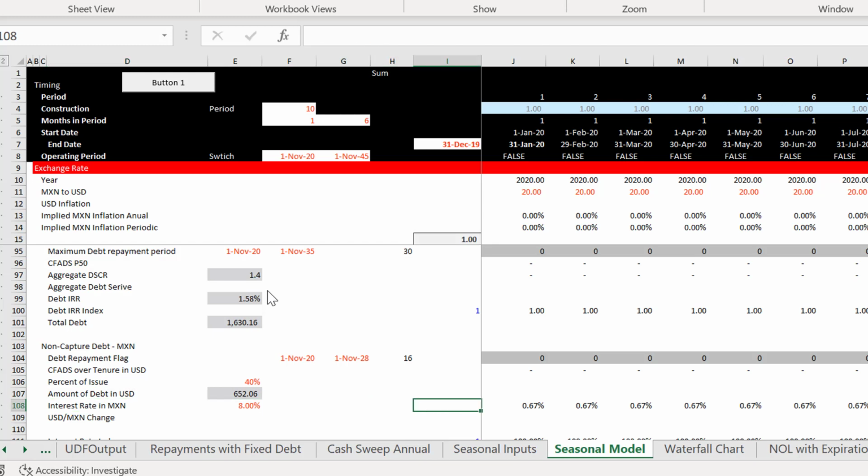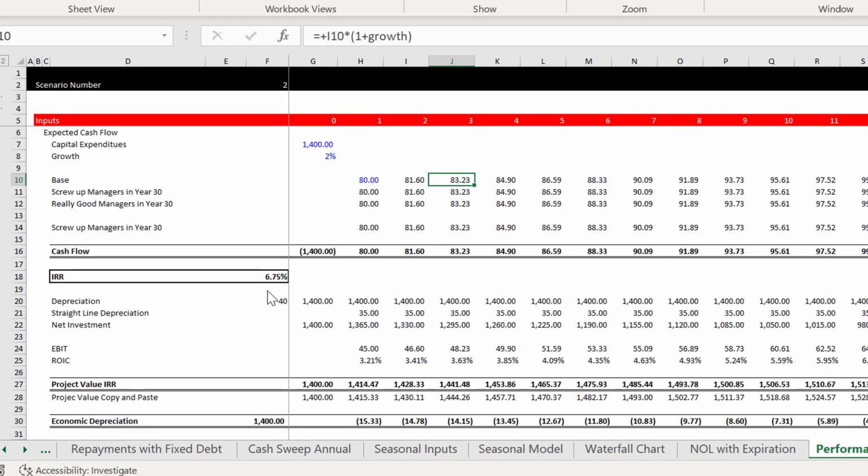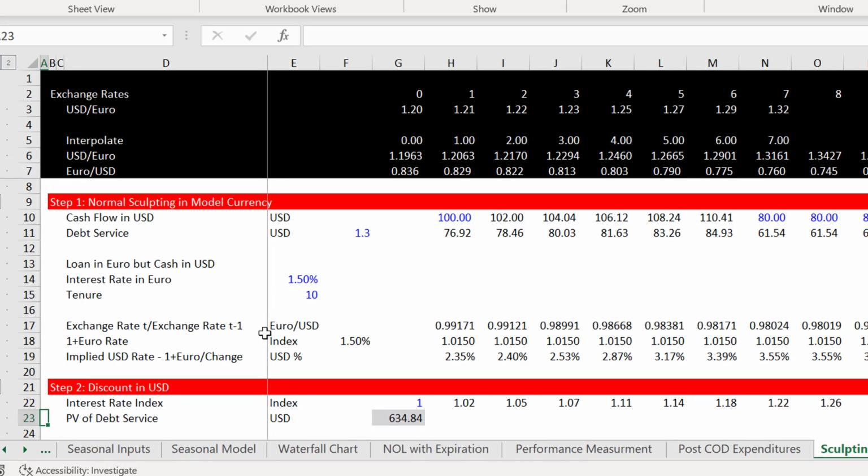Now, to get the interest rate in Mexican, remember what we do is we take the USD divided by the MXN. That's that little example I showed you with sculpting, with one issue. We did the